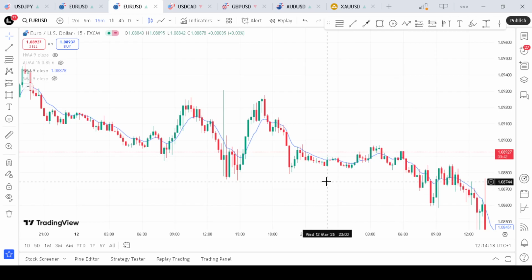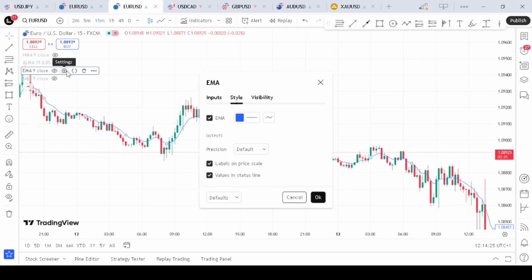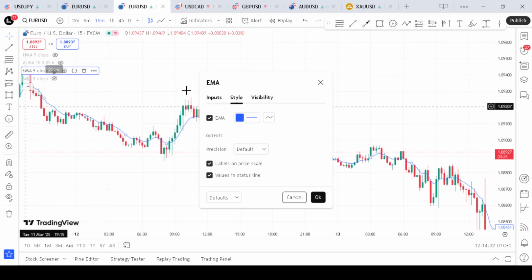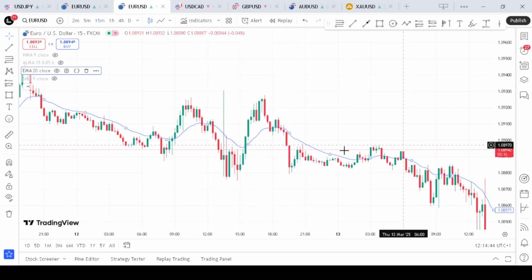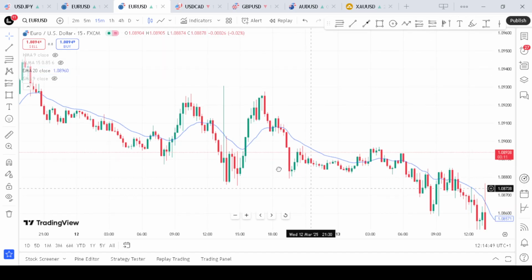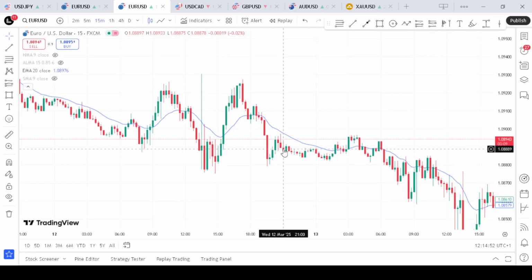Traders often use popular periods such as the 20-day EMA for short-term trades, or the 50-day EMA for long-term trade analysis. So if you want to use a short-term trade analysis, you can change this to your 20-day EMA. For the long term, you change it to your 50 EMA. Now that you have adjusted your EMA